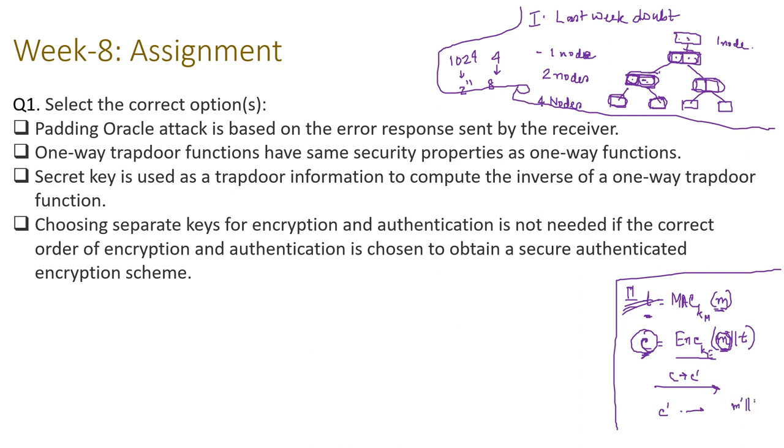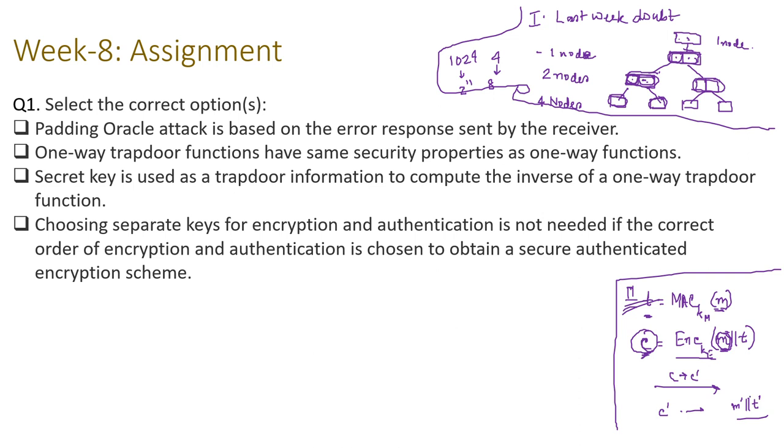Say the message got decrypted to some M dash concatenated with T dash, but there is always a probability that T dash turned out to be a valid tag for M dash also, and it did not get discarded by the receiver. There is this probability. You cannot completely discard this, because this encryption scheme is just said to be CPA secure, not CCA secure. So this ciphertext can be malleable, and it can be tweaked in such a manner that it is not an invalid ciphertext. It got some value such that this T dash became some tag for some M dash. Okay,